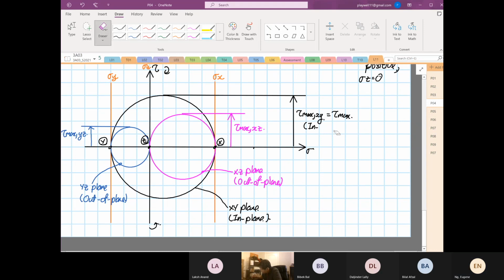So if you have a condition like this, it is okay to use what? The 2D Mohr circle. Yes or no? Because if you were